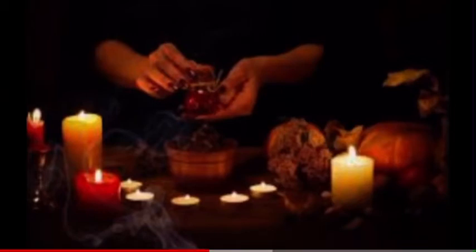So the next thing you're going to do is raise your energy for your spell. You can do this by chanting, dancing, listening to music, focusing on the elements, maybe lighting a candle and just staring at the flame, or putting your hands in a bowl of water, however you want to raise energy. There's so many ways you can create a cone of power,